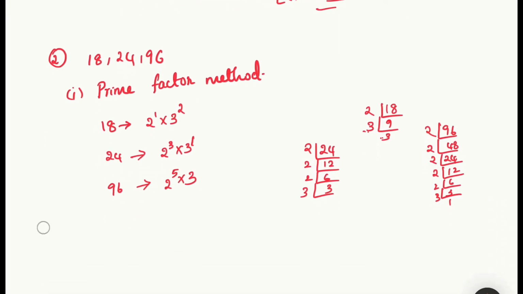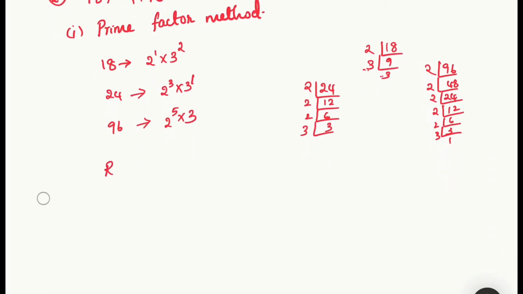So now what will be our required LCM? How do we find the required LCM from this? I hope it's clear to you all how to write down the prime factor method and how to write the values here. Now from this, for 2 we will have to take the highest power. So 2 to the power of 1, 2 to the power of 3, 2 to the power of 5. So 2 to the power of 5 is the highest, so we take 2 to the power of 5 into. About 3 we have 3 to the power of 1 and 3 to the power of 2. I will take 3 to the power of 2.